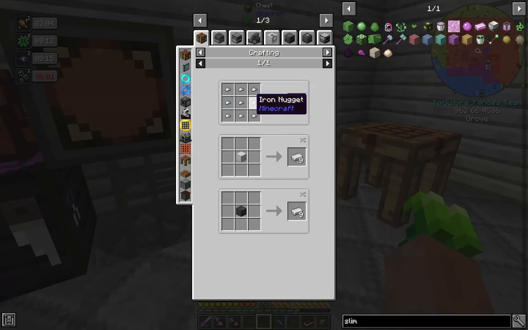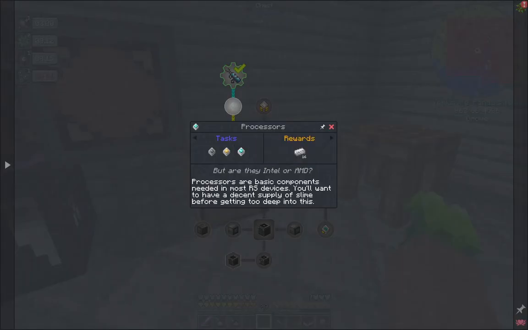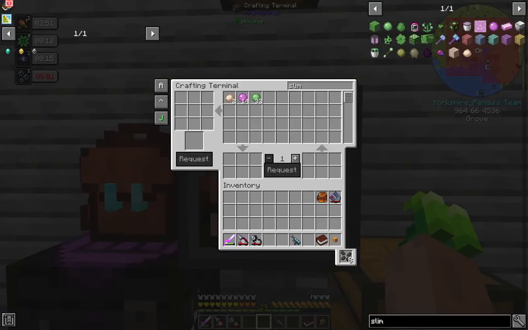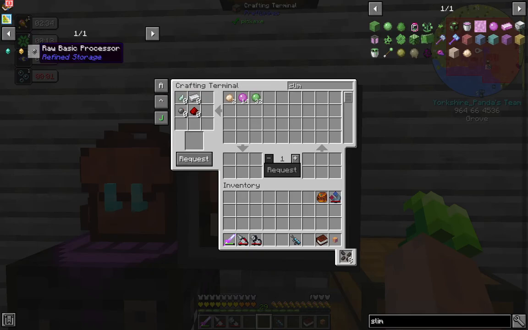So we need basic processors, we need improved processors, and we need advanced processors. So to get the basic, we need binding, iron, redstone and silicon, gold for the improved, and diamonds for the advanced. We need the silicon,